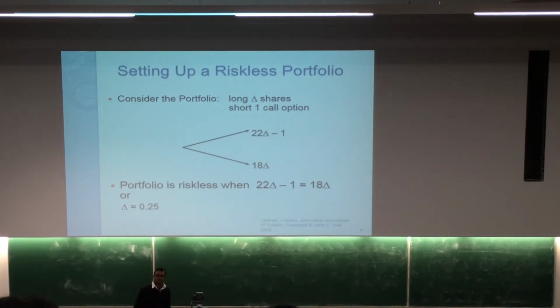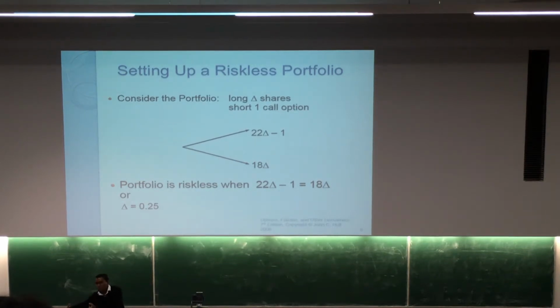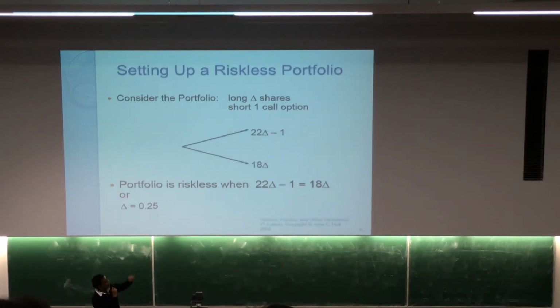So how many stocks are we supposed to buy while creating the portfolio such that the portfolio's value is constant irrespective of the values 22 or 18 for the given stock? We identified the number of stocks we are supposed to consider is going to be 0.25. So we got the number of stocks. By using the number of stocks, you can create a portfolio whose value is fixed in the future. Okay, that is what you should understand.